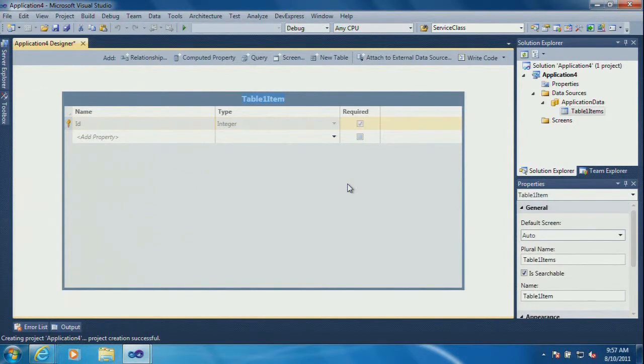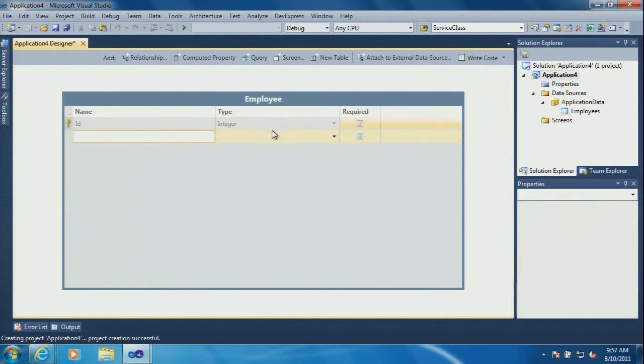And now LightSwitch is going to give me a design experience for defining that entity, that business thing I'm looking at. So let's say we want to do something maybe with employees. So we'll go define an employee, and then we'll just start defining the attributes of an employee. You see, we're trying to implement some best practices for you, like an ID value as the key, things like that. We'll just give our person a last name, give them a first name,